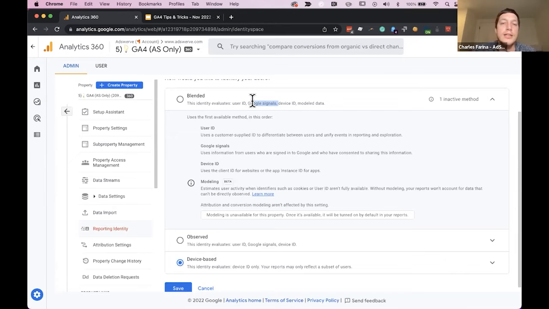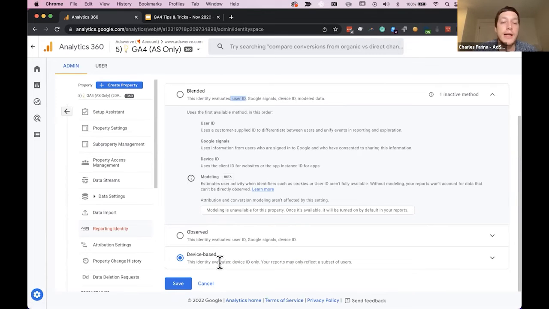And for customers that have their own user IDs, it's actually even worse because the Google Signals can get in the way of you actually being able to use your own user IDs effectively. So for a few customers, I actually recommend not using Google Signals at all if your user IDs are really important. But if you don't need user IDs, or if you're okay just waiting until hopefully GA4 improves this, definitely recommend using device-based only.